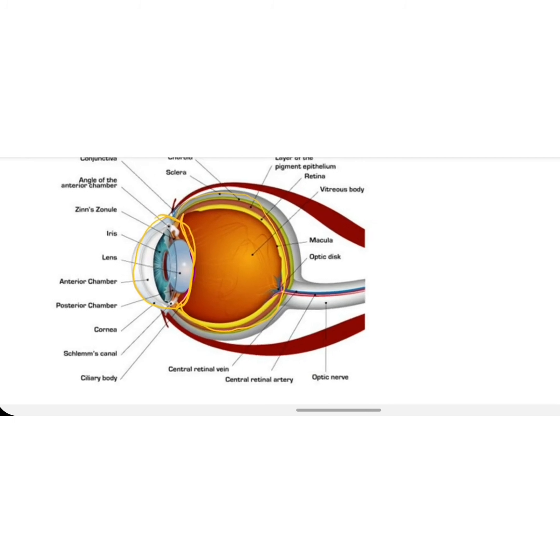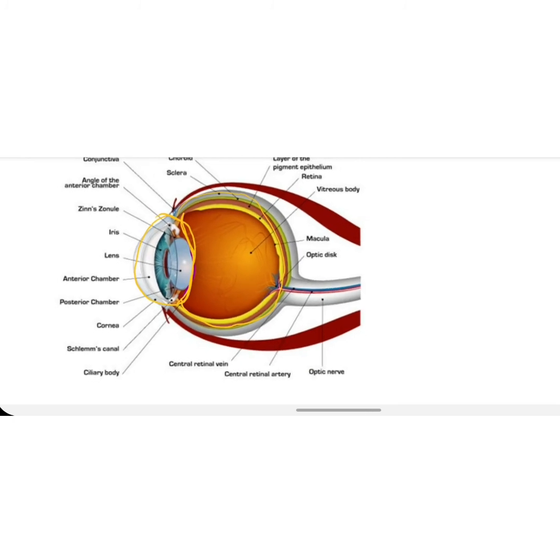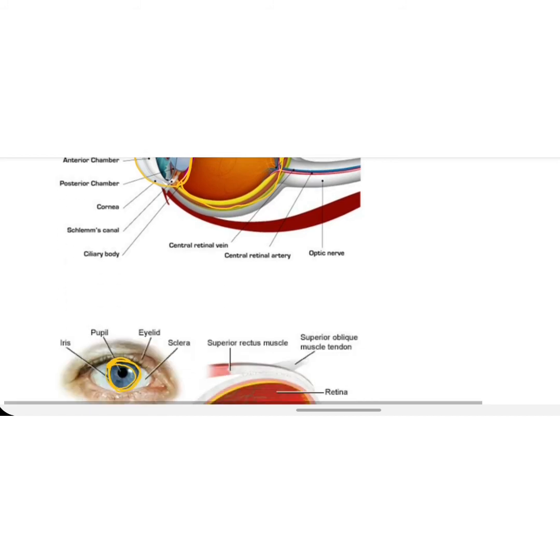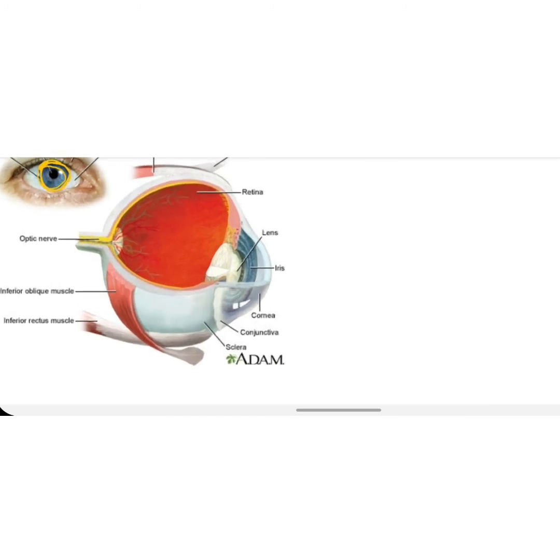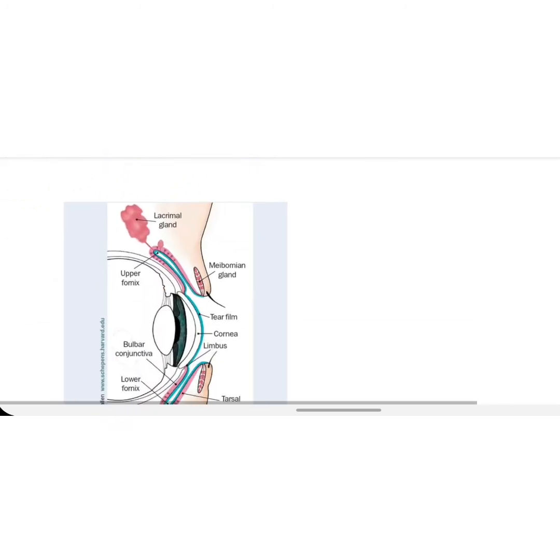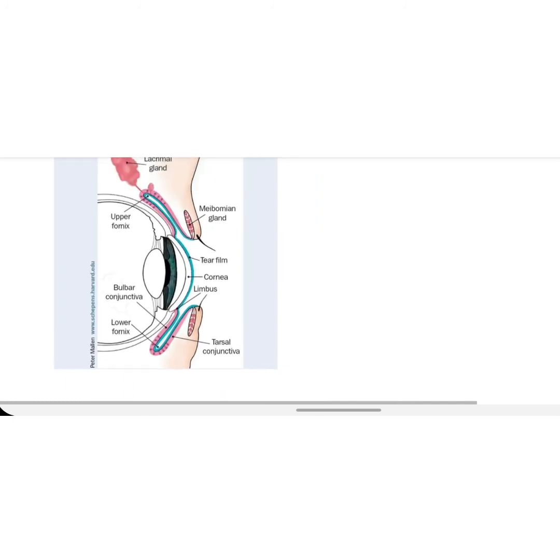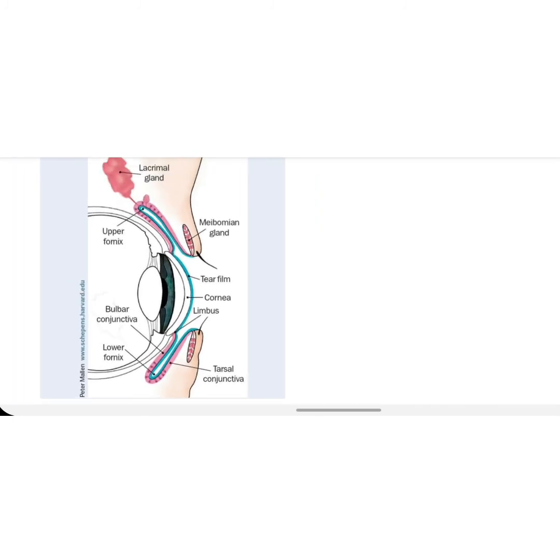See in this, this one is our anterior chamber. This one is our posterior chamber behind the iris, and this one is our cornea. Here we have the Schlemm's canal, through which the aqueous humor is drained out of the eye. This is our ciliary body. This is our retina. This one is our choroid. This one is our sclera. I hope that this is clear to you.